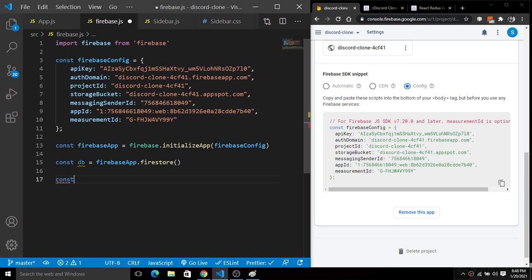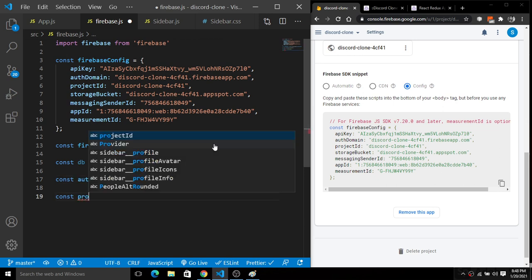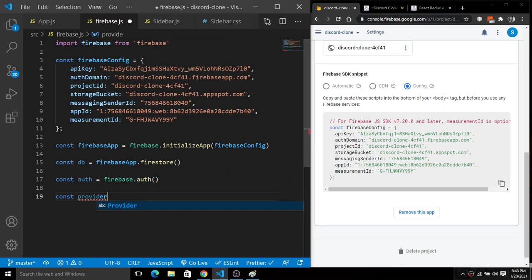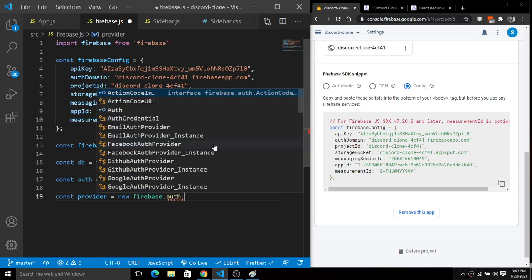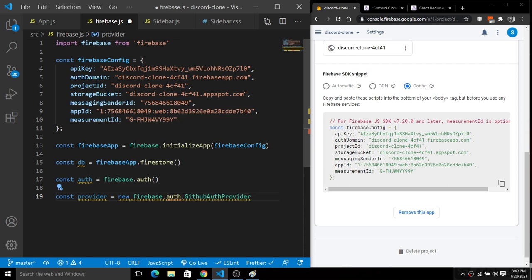We will use the authentication functionality, so that's why we are going to create an auth object here of firebase.auth for authorization. So the firebase.auth function will do all the authorization here. And next, we are going to use a provider. For this provider, we will use firebase.auth.GoogleAuthProvider, so the Google auth provider function.